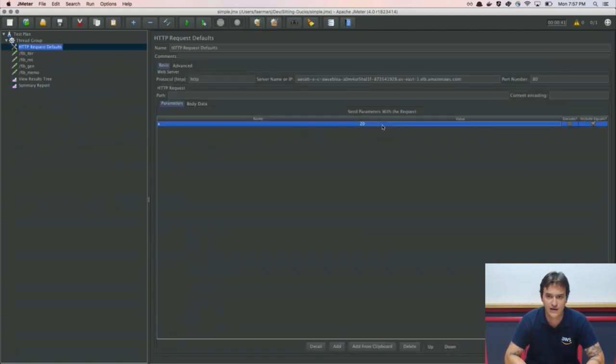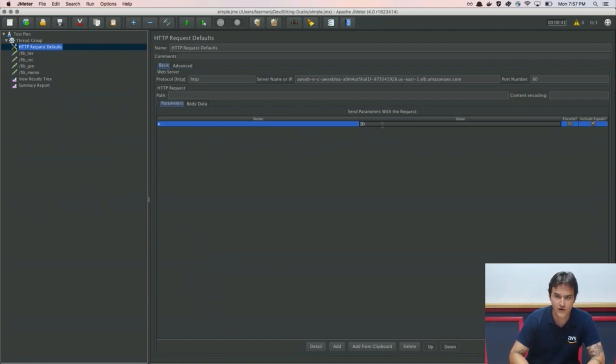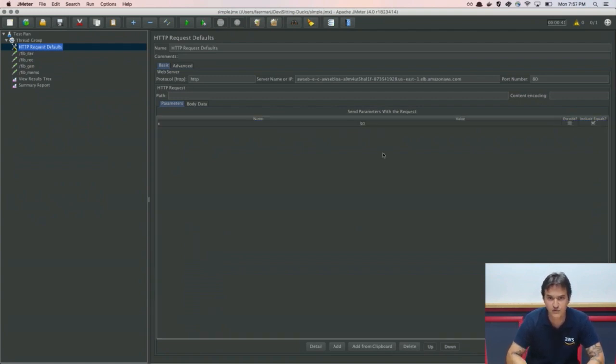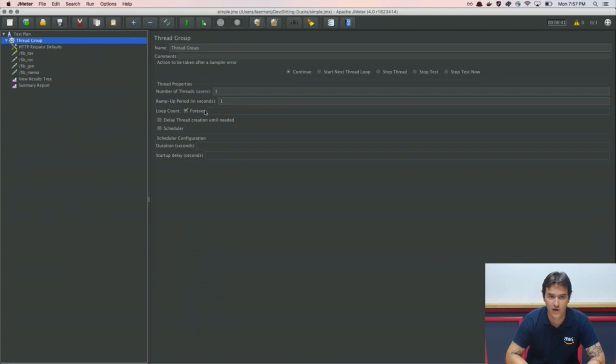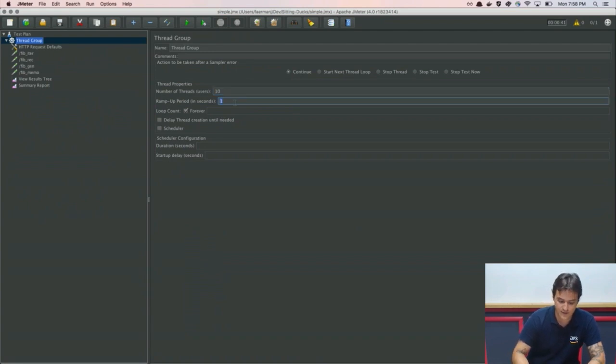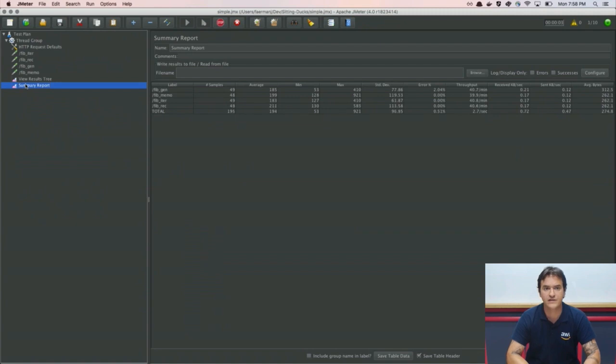So let's start by doing a bit more intensive calculations on the CPU, trying to get the Fibonacci of 30 or something like this. And instead of just keeping with one user, we're going to start, let's say, 10 users and ramp up in 60 seconds. You can see that this will change things a bit. So on the summary report here,